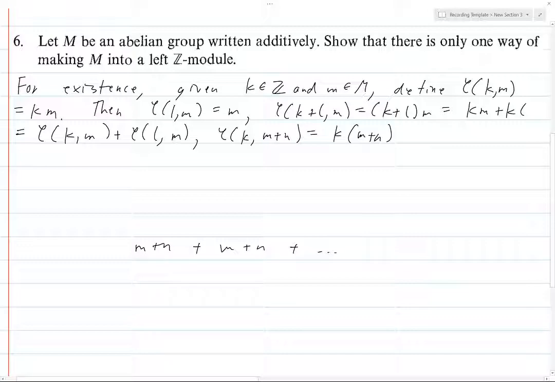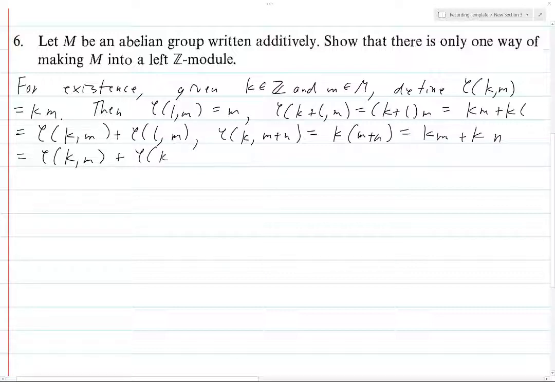You have this m plus n thing appearing k times, but then you've got to move all the m's together and then all the n's together, and that uses the fact that M is an abelian group. So that is very important here. But anyways, we have this, and this gives us phi of km plus phi of kn,